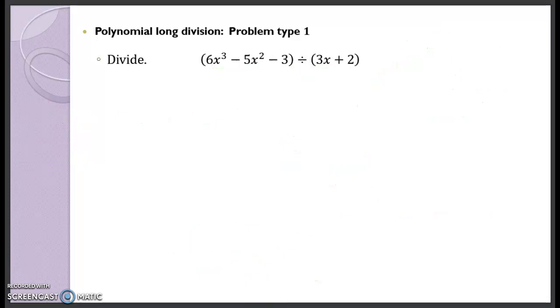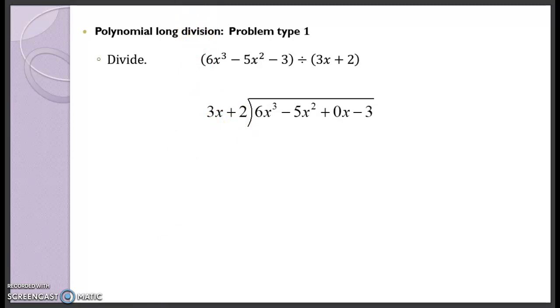So now we're going to do a problem that's slightly different, and the reason why it's different is because we have no x term. We only have an x cubed and x squared term. So the way we're going to set up the problem is by including an x term by saying plus 0x. This could be if it was a squared term or even a constant term. Okay, but we need to make sure that we have each term out, and I'll show you why in a minute. So now, just like before,